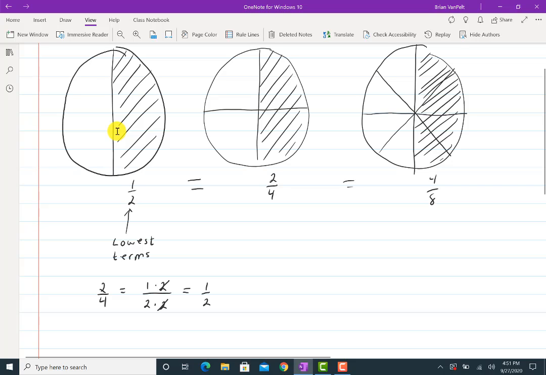Similarly, if I decide to do 4/8, I can rewrite it. The 4 I could write as 1 times 4, and the 8 I can write as 2 times 4. So you can see I can cancel out the 4's this time. They cancel out, and it would have been like taking this picture on the right and erasing almost all of the lines. Apparently, here I would have erased 1 line and gotten to this. Here I erased 3 lines and gotten to this. So in each case, I can cancel out